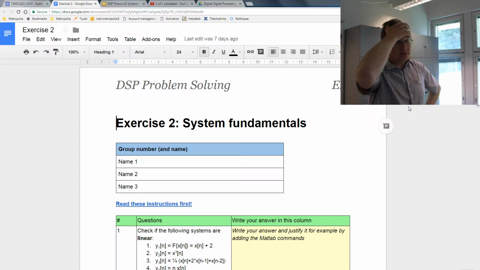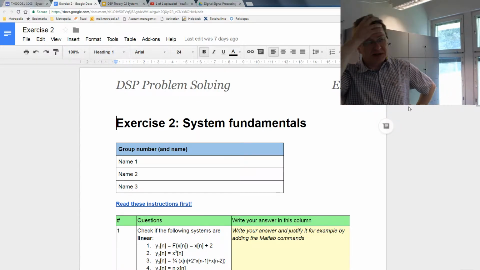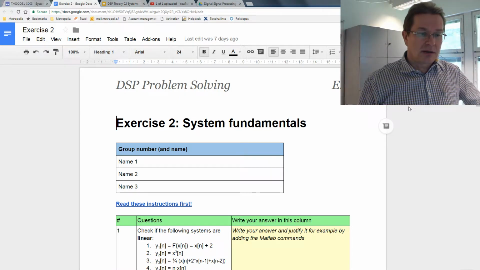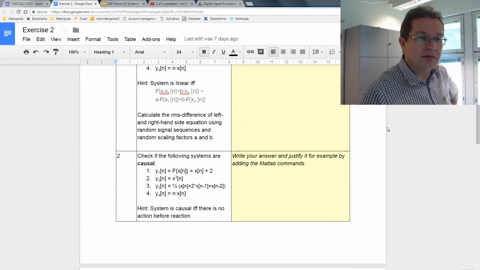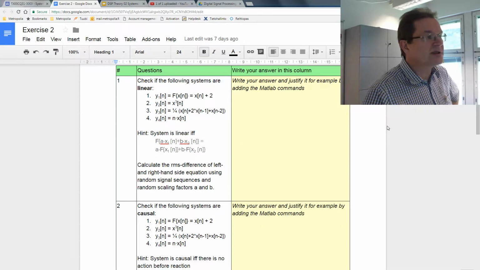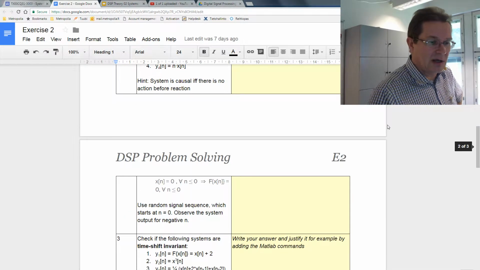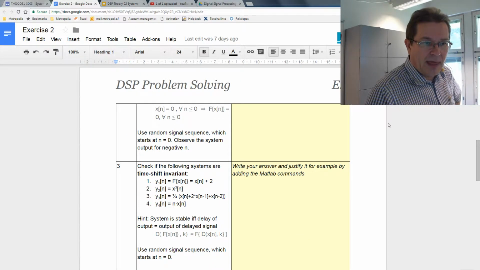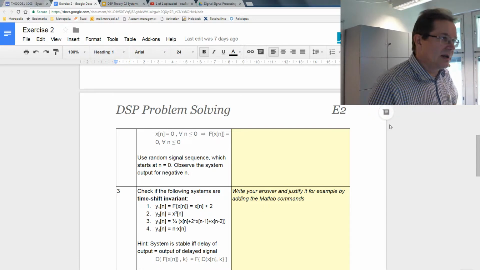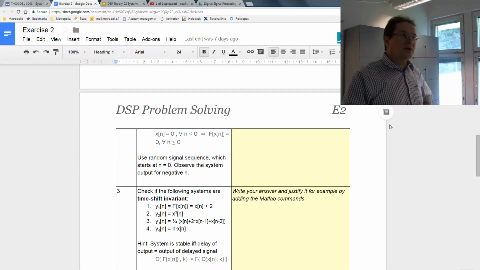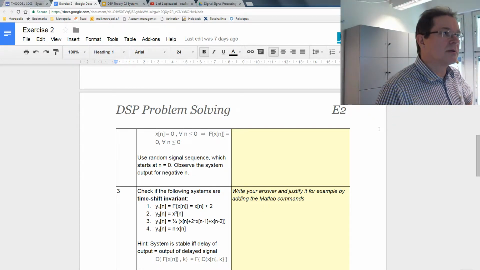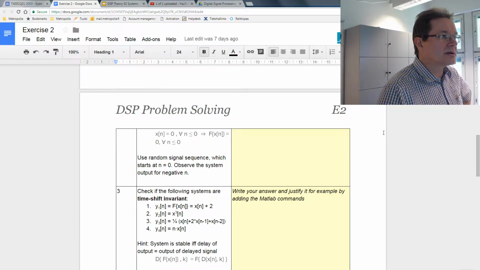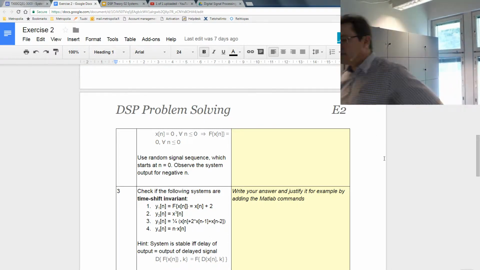All right, so the second exercise is about system fundamentals. The first three are about linearity, causality, and time shift invariance of the system. The stability we are not testing by numerical methods or simulation methods, because stability you can basically find out from the